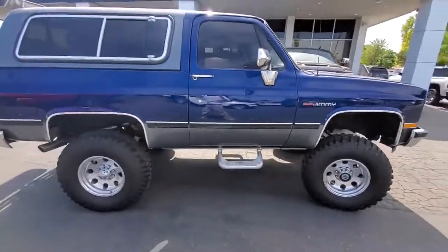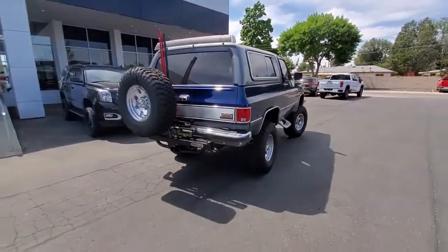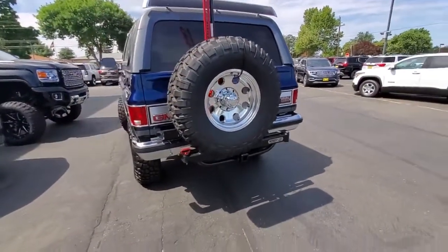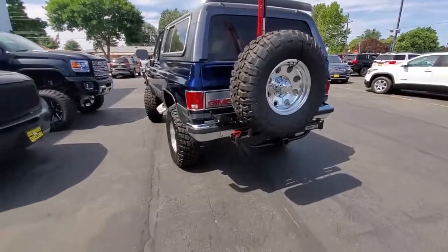I believe they did a rebuild on the engine, did a crate engine from GM. I believe it's a 350 in there with a supercharger, but I could be wrong on that. So, haven't got a chance to look under the hood. But I mean, this thing,